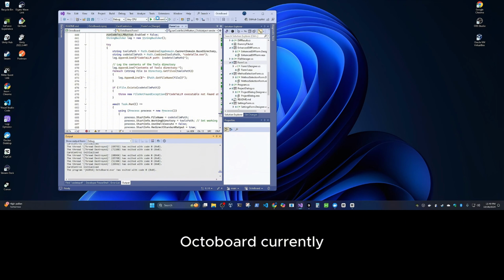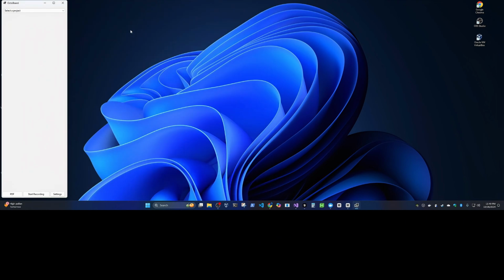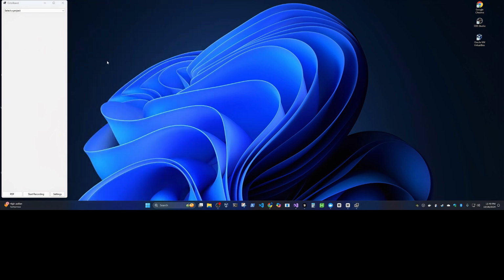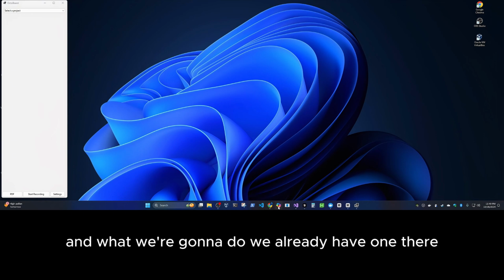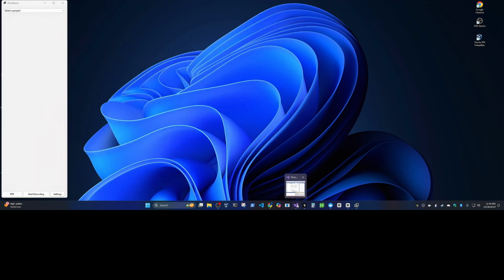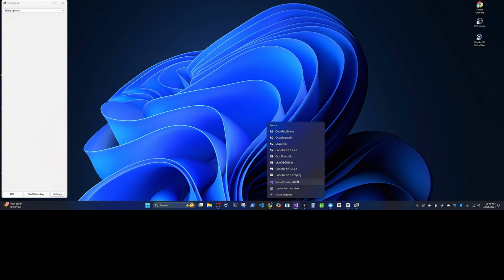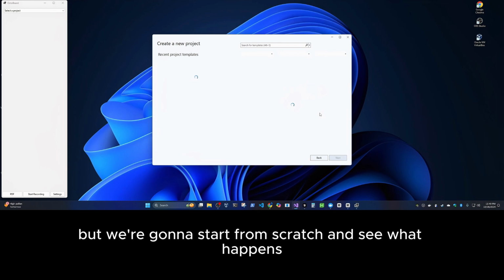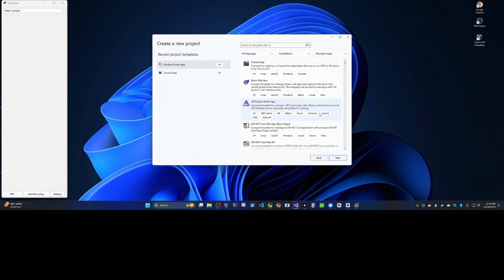Octoboard currently is just this little app here. And what we're going to do, I already have one there. I've done this before, but we're going to start from scratch and see what happens.